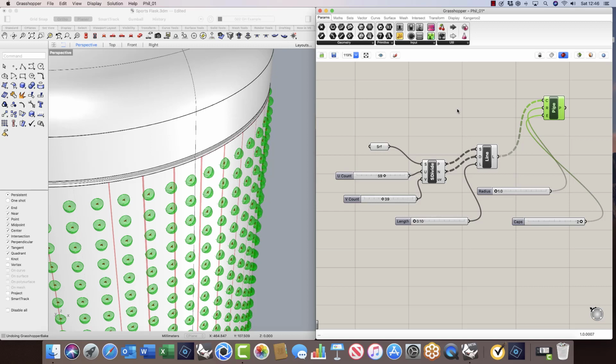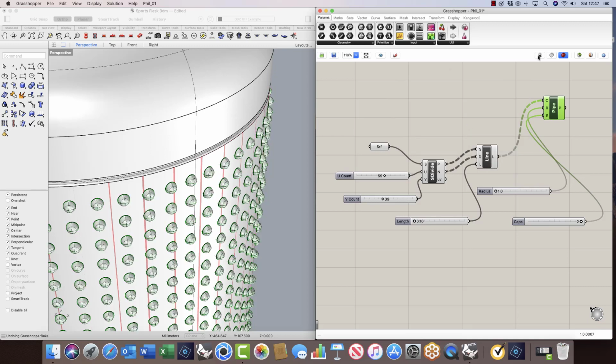And then in Rhino for Mac, I hold down Option and Spacebar to bring up the wheel menu, and I can bake the geometry into Rhino. This now takes the geometry that was live in Grasshopper and creates physical geometry in Rhino. If I just turn off the preview now in Grasshopper, you'll see that we have now all of these poly